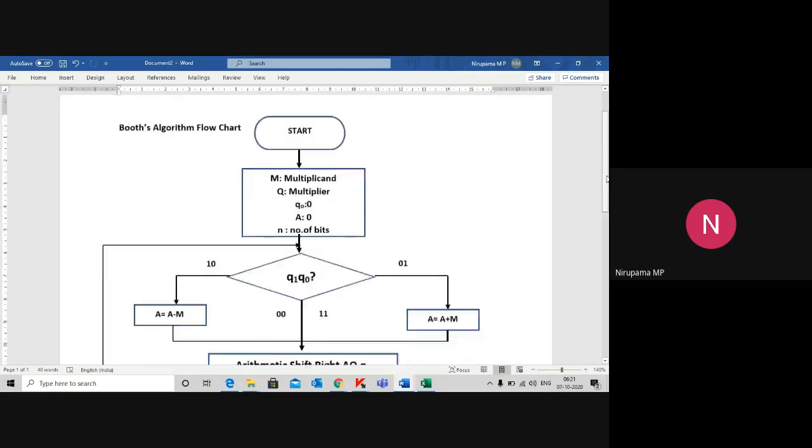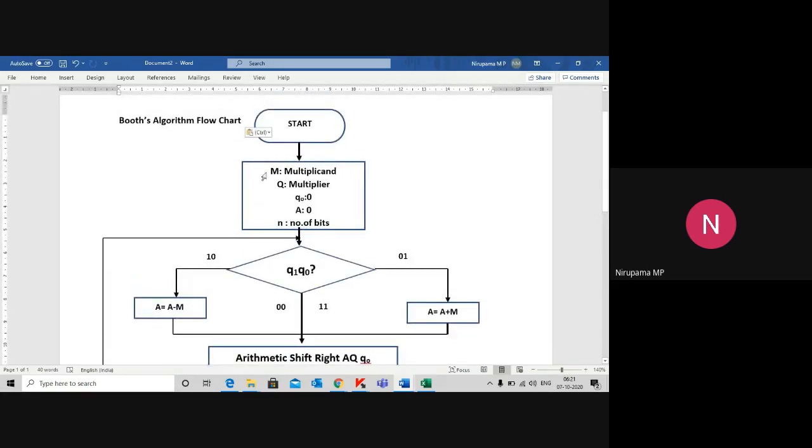What does it state is once I begin the process, I'm going to do the initialization of certain parameters. What are those parameters? Those are the multiplicand, which will be represented with the term M, Q the multiplier, Q naught. We will come to know about it as we go forward. A is the content of the accumulator, which will be initialized to 0. N indicates the number of bits, here the number of bits used to represent the multiplicand and multiplier. This will also tell us the number of cycles I'll be going through in order to get the final result